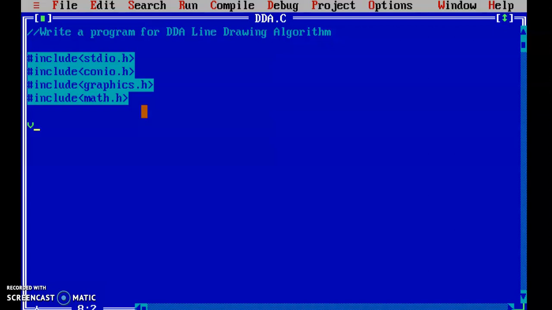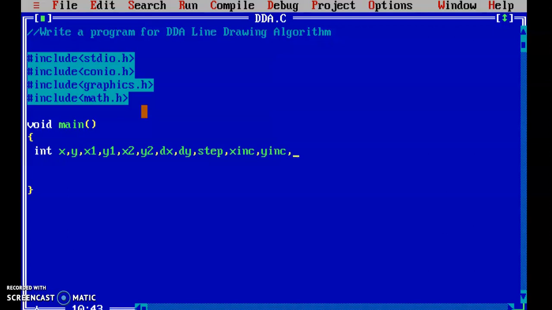Now in this we are going to start with void main. First we'll initialize variables. I'm taking x, y, x1, y1, x2, y2, dx, dy. Then we'll require step, then x increment, y increment, then I for the loop.